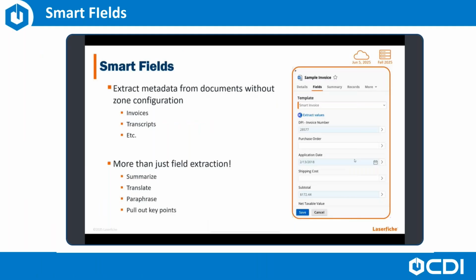And by dynamically mapping this extracted data to the appropriate fields, the Smart Fields feature instantly populates the templates and initiates workflows. This ensures that critical data is immediately available and actionable within your Laserfiche repository and connected systems, no matter where it came from or who scanned or imported it, or what scanned and imported it to Laserfiche.